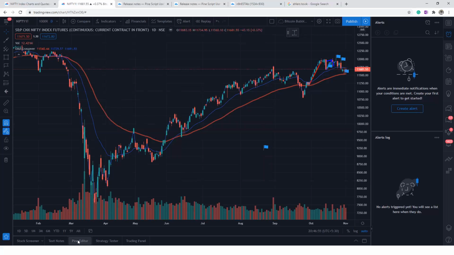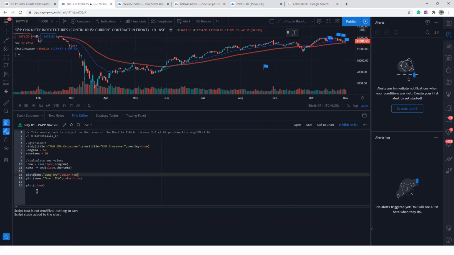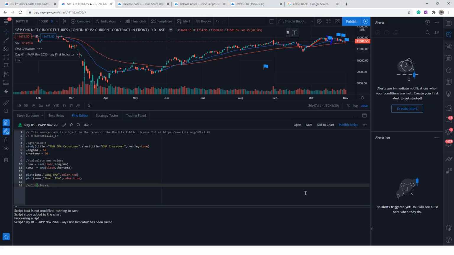So we got three plots over here. What are the plots we got? We got LEMA, SEMA, and of course close. If I don't want the close, what I can do is simply comment it out. Maybe I can reuse it later. As of now, I don't want it. The plot of the close is plotted as a line, which I don't want. So I'll save it, and again I'll add it to the chart. If I add it to the chart, you can see that automatically one more is getting added. So I don't need that. So anyways,